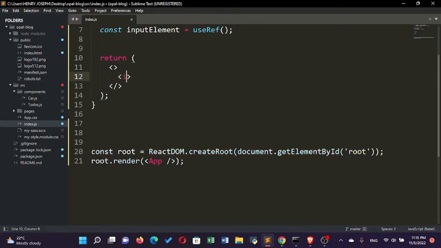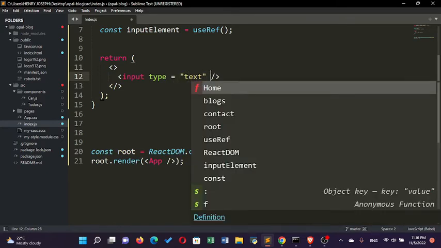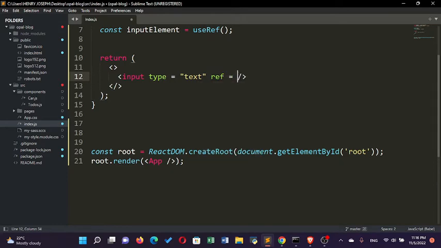I'll define an input element, with type equal to text. Then I'll say the ref will equal